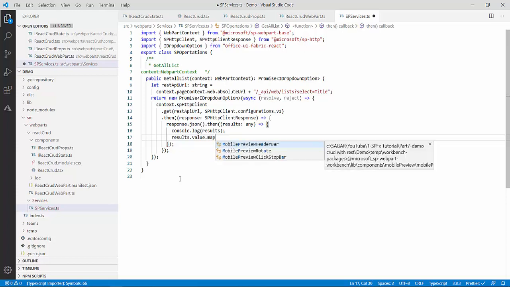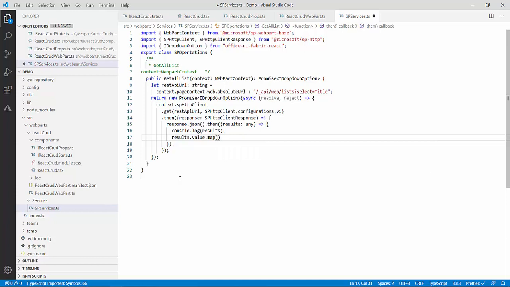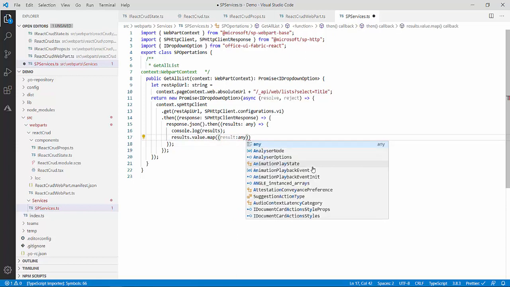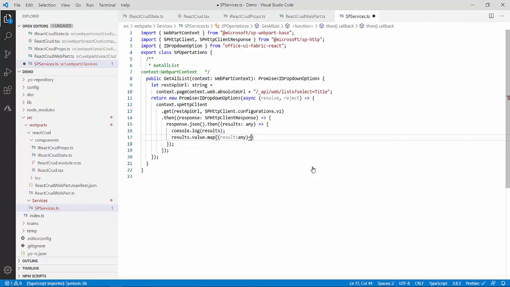Map will give me all the arrays one by one. It will give me the first array, which I will take in the form of result. Over here I have results; I will take result over here. If I am not aware of the data type, in TypeScript I will use any. So side by side I am giving you TypeScript concepts also. One is any, which I have told you. Then we use let, the same way we have var and string. Let is also there in TypeScript. Again, the arrow function, this one and this.